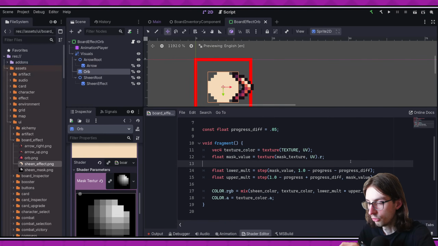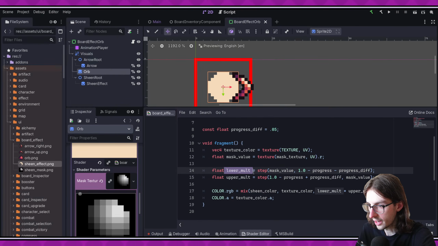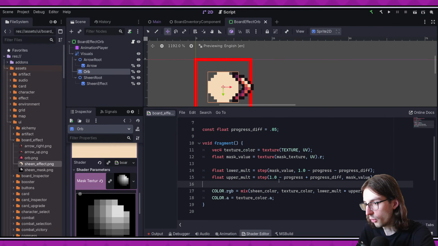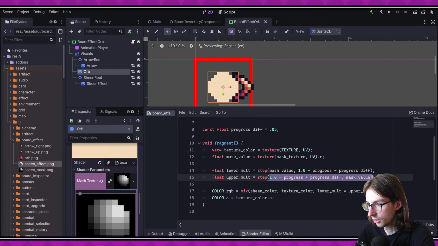Okay, so what do I want? If both of these return true, aka 1, I want to multiply those together, because that becomes essentially an AND, right? I want to say if this is true and this is true. If I multiply both of those together, the only way that I get 1 is if both of those are 1. Okay, so then what I do is I say, okay, if it's within that range,